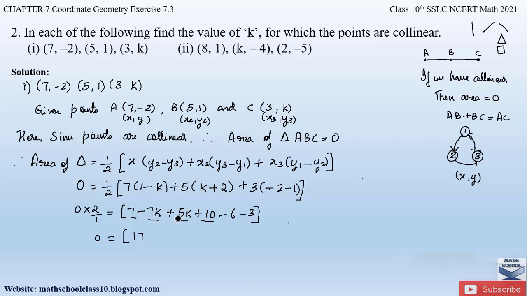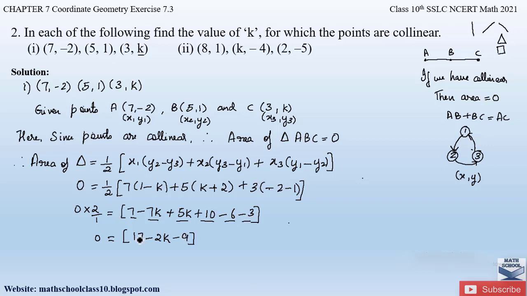Then we have minus 7k and plus 5k. Since we have minus and plus sign, we are going to subtract with a greater number sign. So 7 minus 5 will be 2k, and since we have a minus sign here for the greater number, we will take minus 2k. And let us again simplify this minus 6 and minus 3. So we will add here with a minus sign. So minus 6 plus 3 is 9.